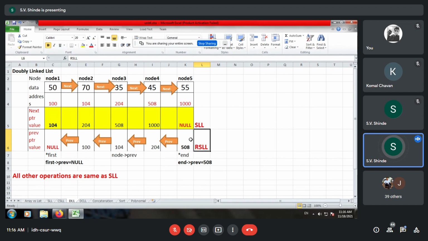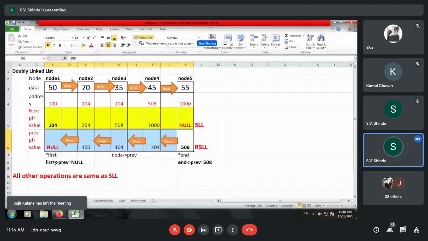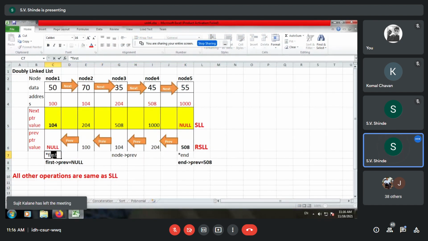So in reverse SLL, your first arrow previous is null, or head arrow previous is null. So instead of first, if we understand better, we'll put head, and the statement will also be changed. Let us say head arrow previous is equal.